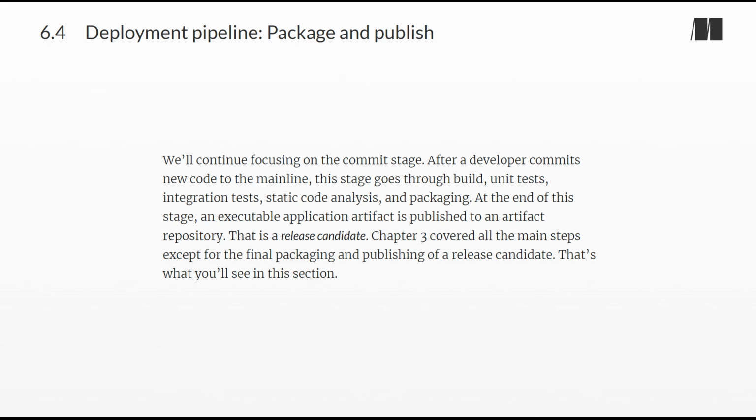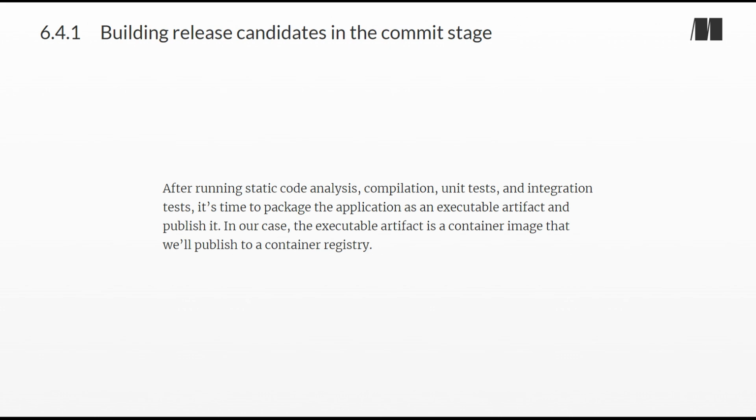Chapter 3 covered all the main steps except for the final packaging and publishing of a release candidate. That's what you'll see in this section. Section 6.4.1, Building Release Candidates in the Commit Stage. After running static code analysis, compilation, unit tests, and integration tests, it's time to package the application as an executable artifact and publish it. In our case, the executable artifact is a container image that we'll publish to a container